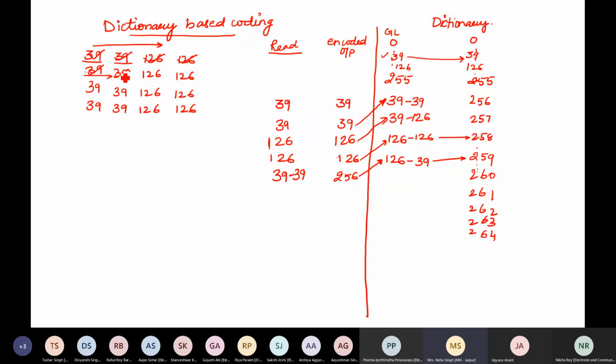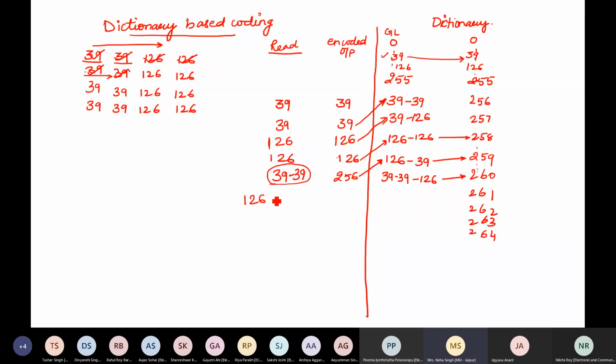Right? So 39 is also read. The next value is 126. So I read 126. Now I again add the entry into the table. Now the table will have the last encoded symbol followed by one new symbol. So last encoding was done for this combination 39, 39. So what will be the entry here? This becomes a new symbol to me now. 39 followed by 39, one entity. So 39, 39 followed by the new entry 126 at the place 260.